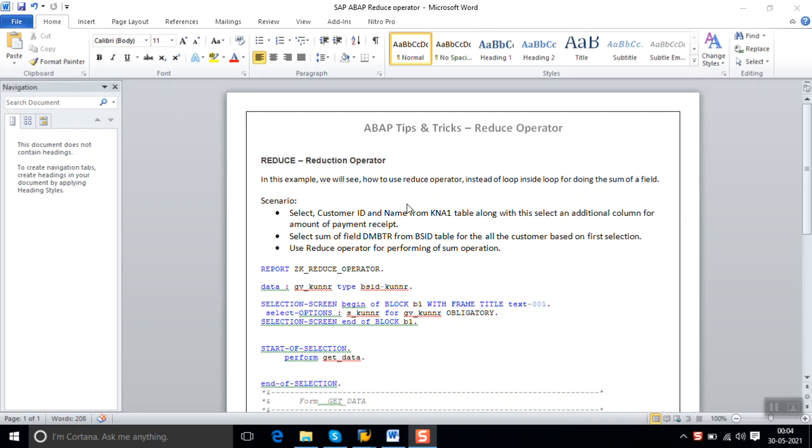Hello friends, today I will explain a real-time example of the reduce operator. How can we use the new ABAP syntax concept of reduce, that is the reduction operator. In this example, I will show you how to use this operator instead of a loop inside a loop for doing the